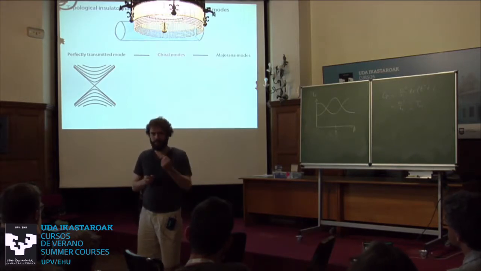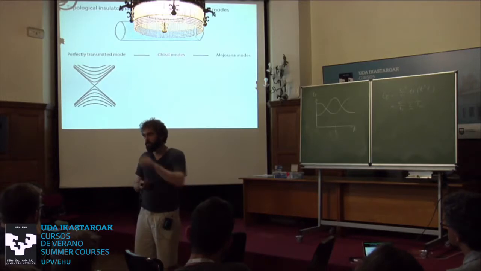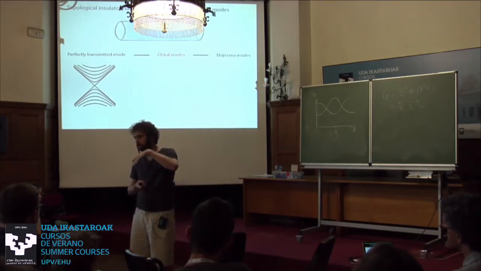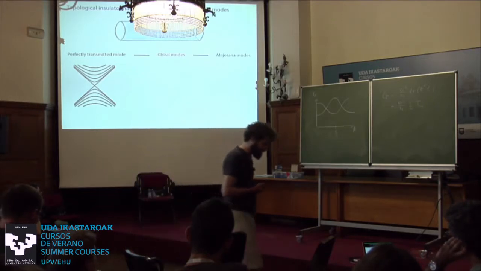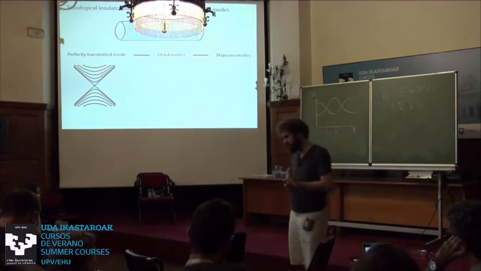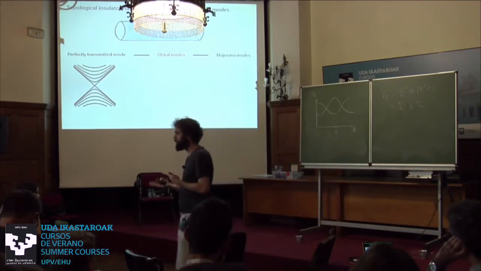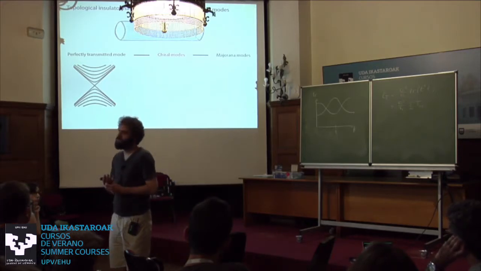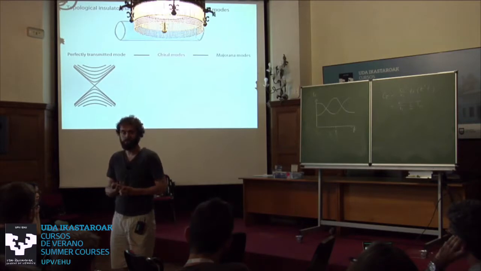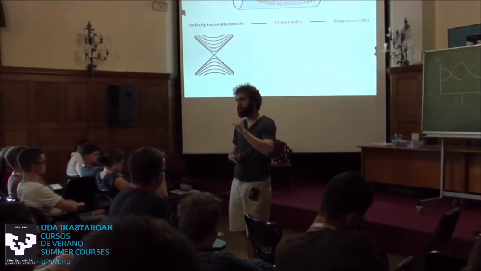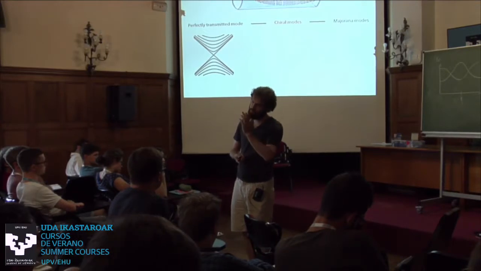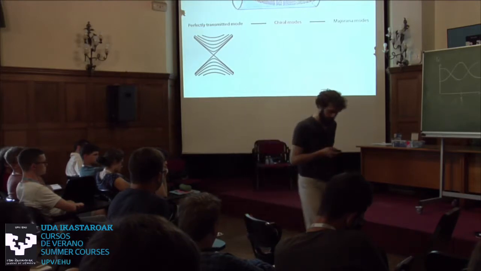The problem with most of these experiments is that you can see these oscillations, and that's very nice. But if I wanted to convince you that through the transport data that I was seeing a topological transport, I could not conclude that from the data. Basically, the basic reason is that these wires are doped very far from the Dirac point, so there's a lot of modes. And if I want to see topological transport, I have to kind of go to the regime where I only have one mode. So